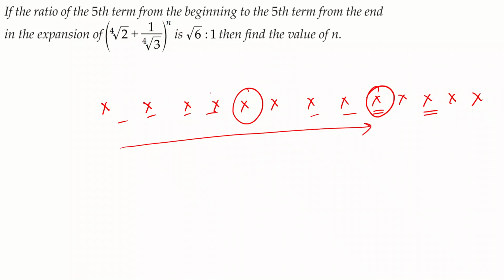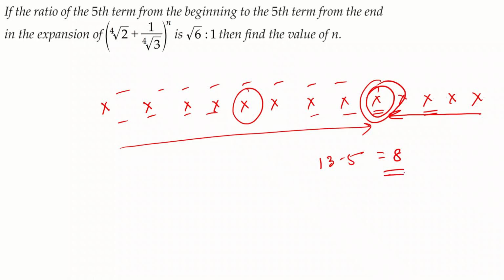So you can keep on counting it, but I want to ask you if you can find out some general formula. Okay, so there are 13 terms, and then you are finding out the fifth term from the end. So if you do 13 minus 5, what do you get? You get 8. But 8 is not the fifth term from the beginning, because 1, 2, 3, 4, 5, 6, 7, 8, ninth term is it from the beginning. So why is it turning out to be 8?